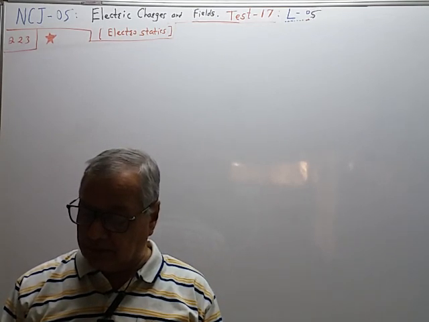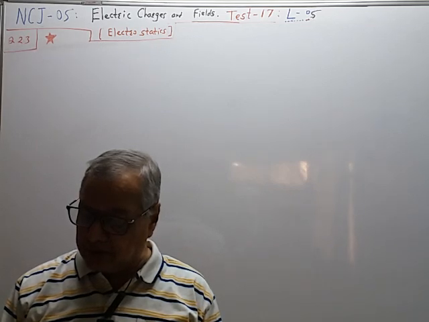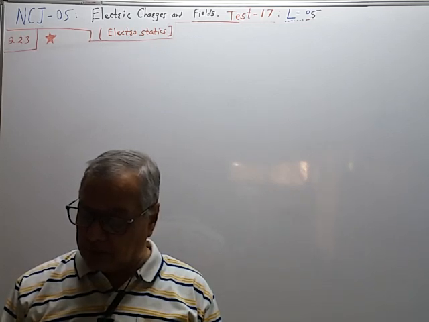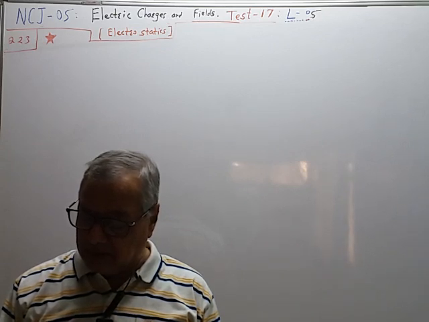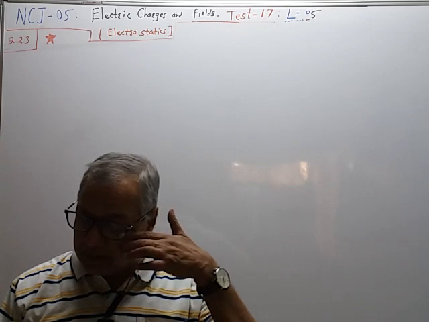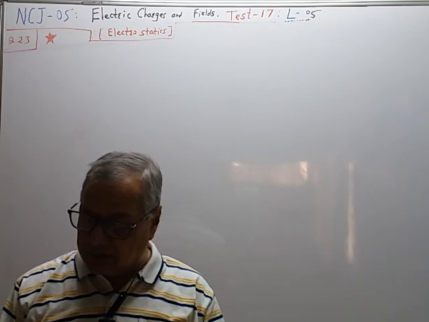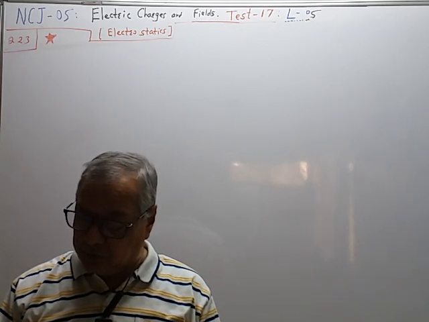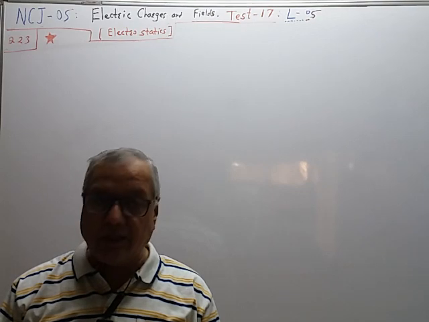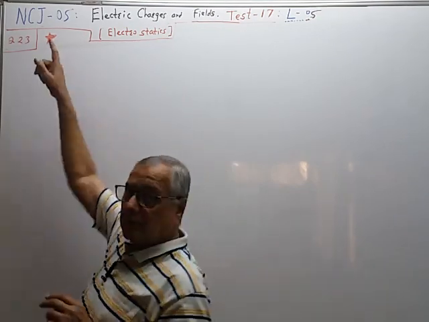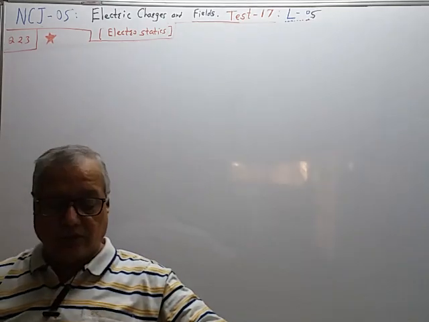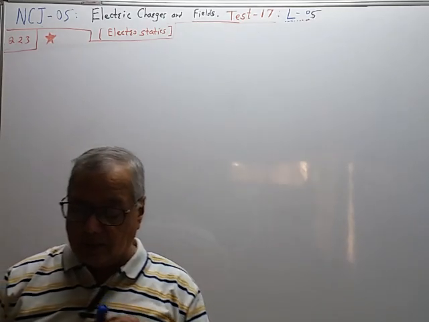So choices are given. The electric field at point O is dash dash dash. The potential of the system is zero. The magnitude of the force between the charges at C and B is q square upon 54, etc. The potential at point O is this much. We have to compare all four quantities: potential, force, potential energy and electric field, so I have started this. We will check all four choices, but the figure is important.